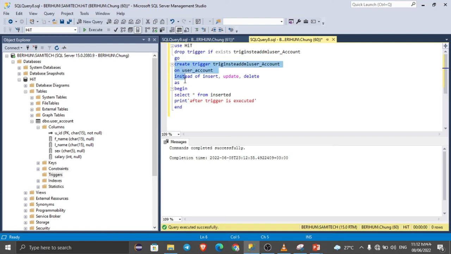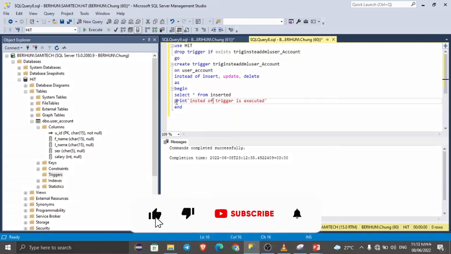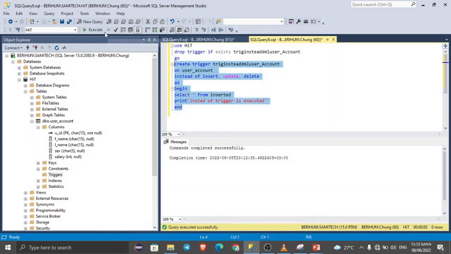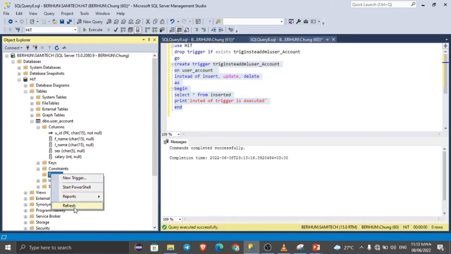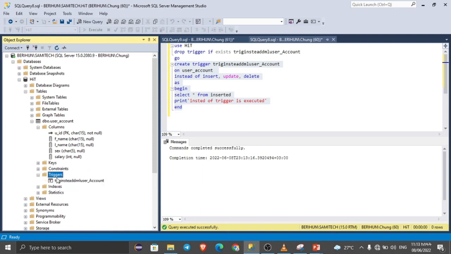Create another trigger called this one. After, meaning instead of inserting data, or instead of creating data, or instead of deleting records, just this message is displayed or fired. So to see the changes, I try to create a trigger called instead of here, and refresh to see whether the trigger is already created or not. Expand. Yeah, the trigger is